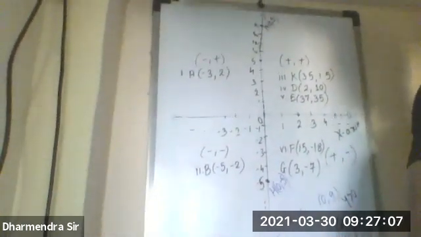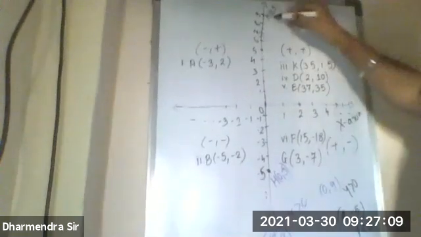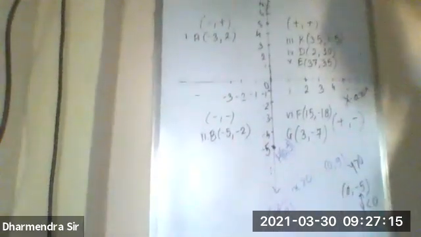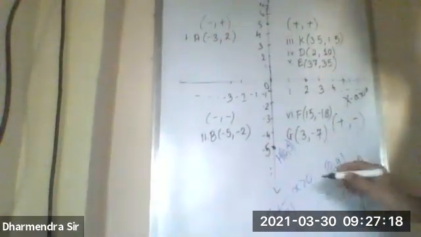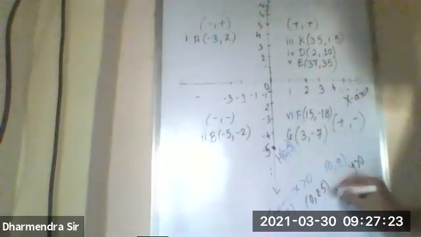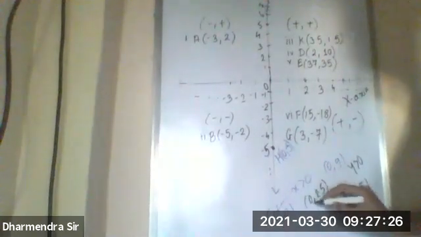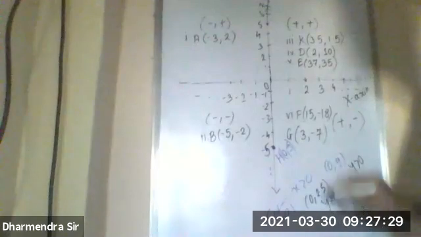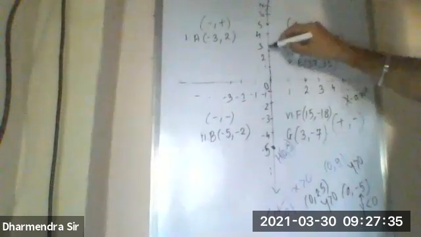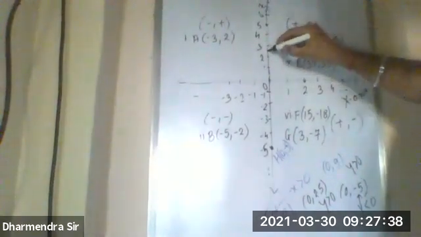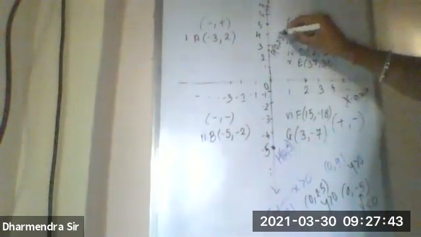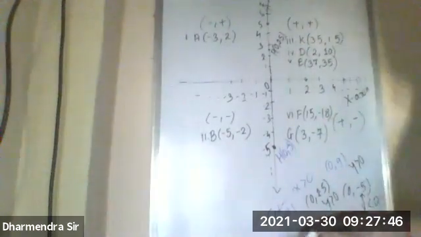I have drawn it, if you can see, and it lies on the y-axis. Next is (0, 2.5). Again, its x-coordinate is 0 and y is greater than 0. Y is greater than 0 means here, between 2 and 3, which is 2.5. So this point is P, (0, 2.5). It lies on the y-axis again. This is the answer.